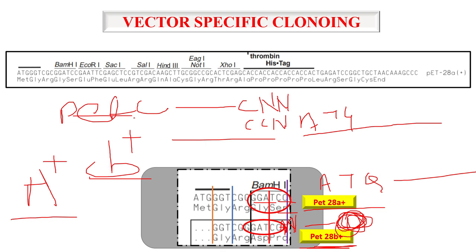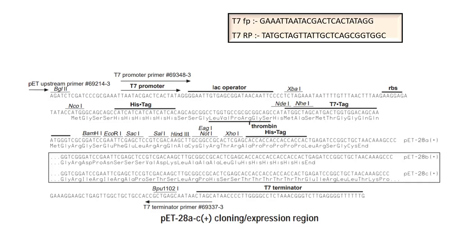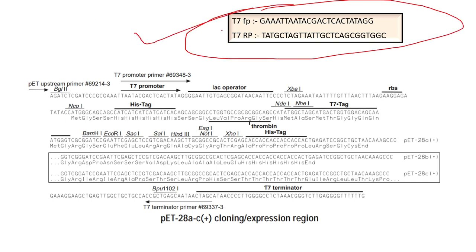So pET28b is really very efficient. In the pET28b series, what you have to do is just put an extra nucleotide A before starting your experiment. And in the starting primer, that is your forward primer which contains BamHI, you have to put an extra nucleotide in your sequence. So my dear friend, this is the basic funda, and this is basically for confirming your colony PCR.